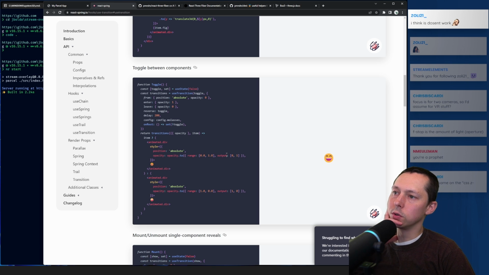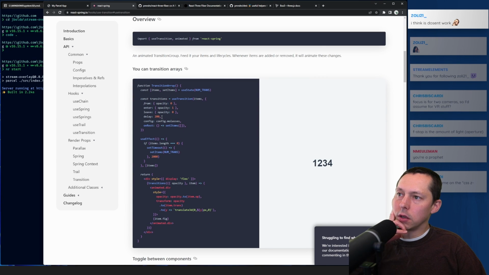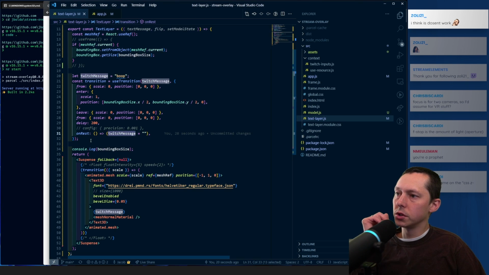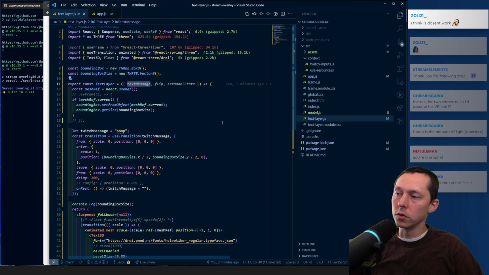So it's doing a delay of 200. And it's doing, oh, there is a reverse in here. So it's possible we want to do this. So this is actually changing set items. So it's actually changing state when it does that. So I think what we want to do, so this is the text message. So we want to say,